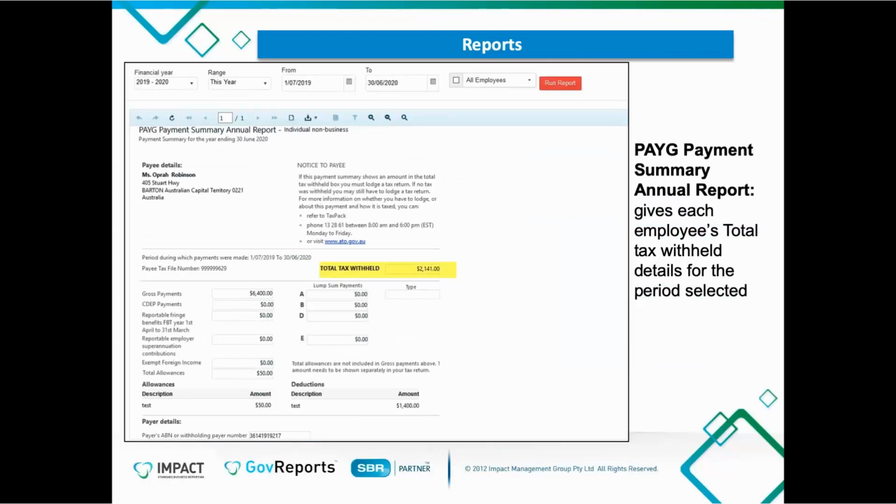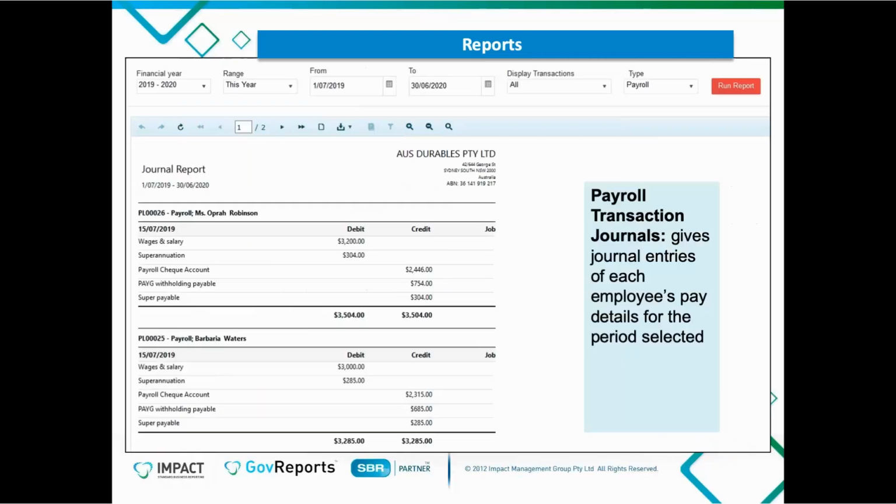There's also a PAYG payment summary annual report. If you remember with our payment summaries, we always did the PSAR, the payment summary annual report, that basically did this information. It went electronic in the last few years, but you can do that again and have that with your source documents if that is what you need, or the way that you work. And then your payroll transaction journals show you what journals have been happening with the payroll. So again, depending on what you need to report to who,